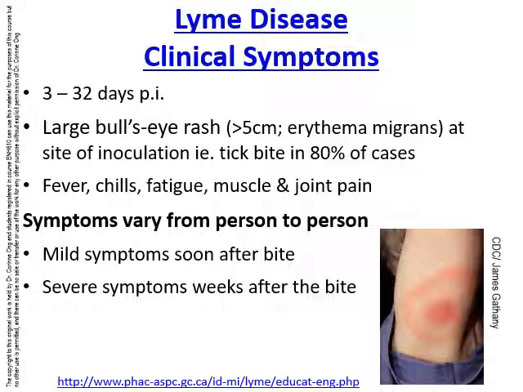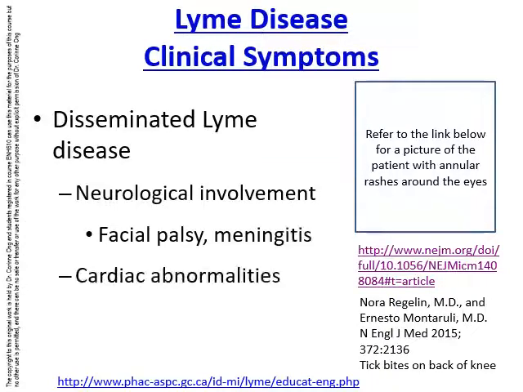Some may have mild symptoms soon after the bite, which become more severe later on. If left untreated, the disease may become chronic in later stages. It is known as disseminated Lyme disease when the bacteria spreads out to the rest of the body. There may be neurological involvement such as facial palsy and meningitis. The heart may also be affected, and cardiac abnormalities may be present, such as resting heart rates of over 100